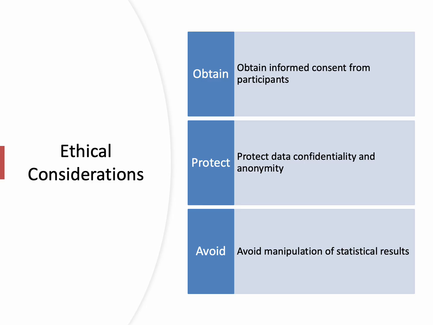Protecting data confidentiality and anonymity, such as encrypting hospital records or anonymizing survey responses, maintains participant trust, particularly in Canada where strict privacy guidelines apply. Avoiding manipulation of statistical results, like p-hacking to achieve significance, ensures study integrity and prevents misleading conclusions. For instance, a healthcare study must report true readmission rates, while a social science study should avoid altering data to